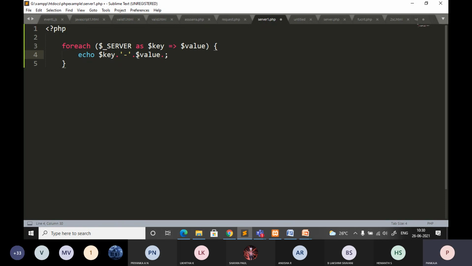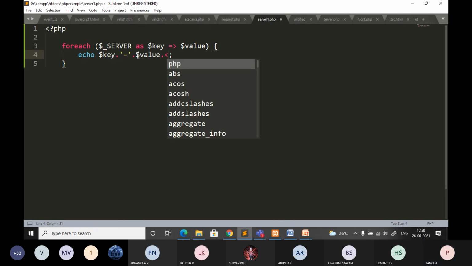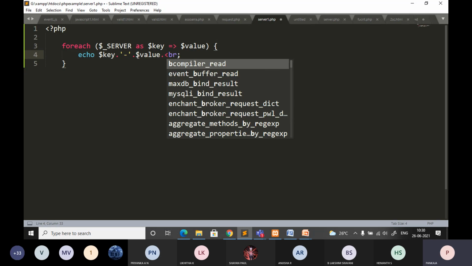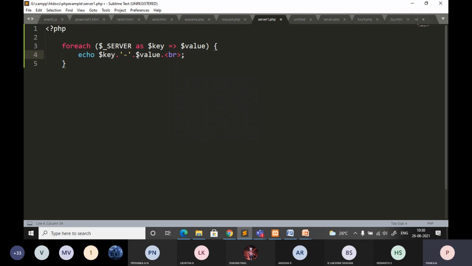And give dot br, because you are going to get so many array elements here. So let each line be printed on a new line. This much you need to write to know all the information stored in the SERVER array.